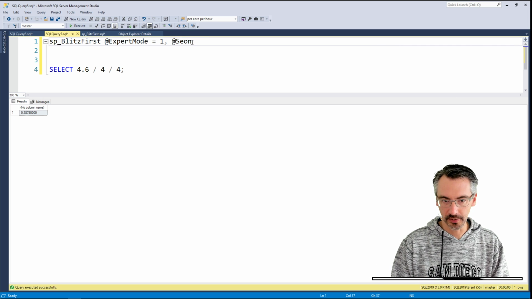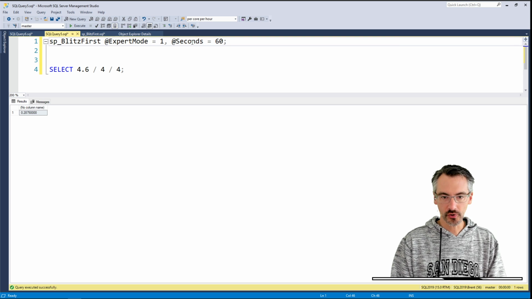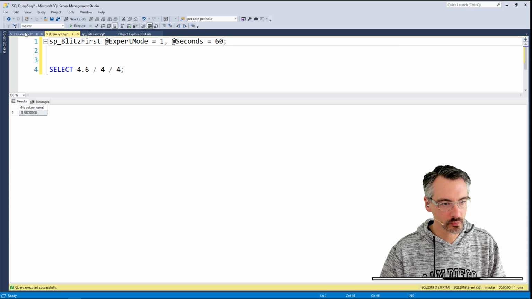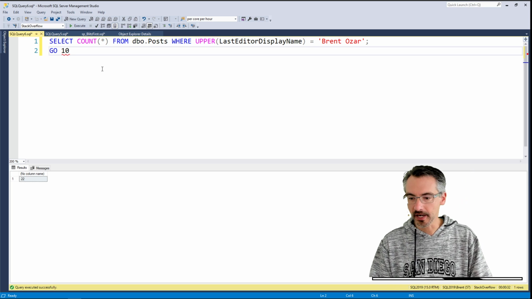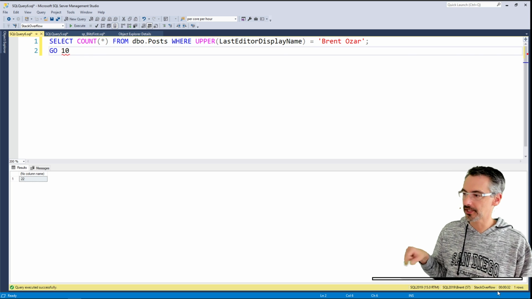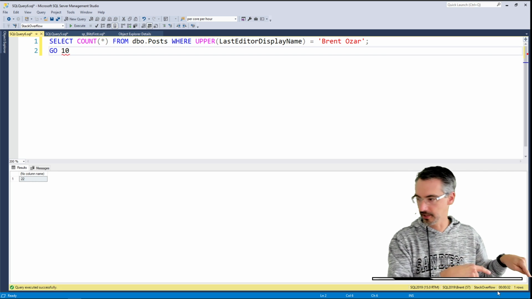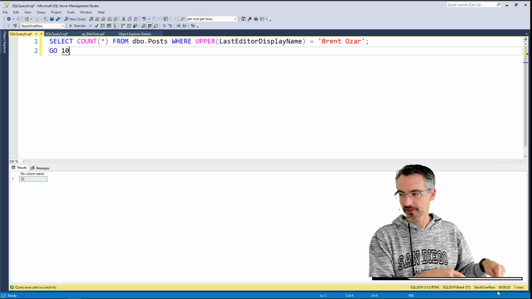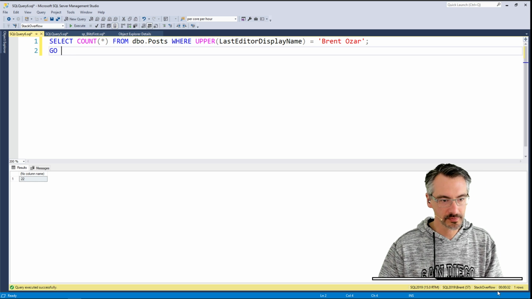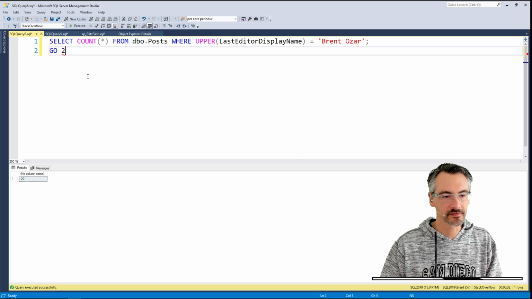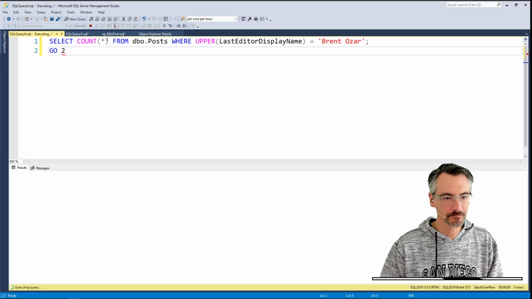Now, the next thing that I want to do is take a longer sample, because I have a hunch that the further apart the sample was, that's what really caused this thing to go haywire. I'm going to tell this to go 10 times. This query took 32 seconds. Oops, 30. Still getting used to which side to point at. It took 32 seconds to execute, so I don't need to run it 10 times. I can just run it twice, and it'll do its thing. Execute, and now take a